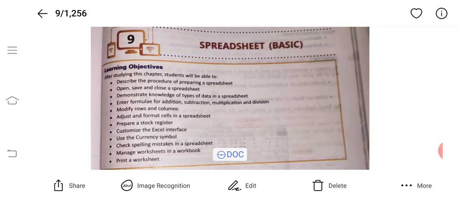Before, we completed word processing from our midterm syllabus, but it is very disappointing that 95% of students did not submit the IT theory copy.